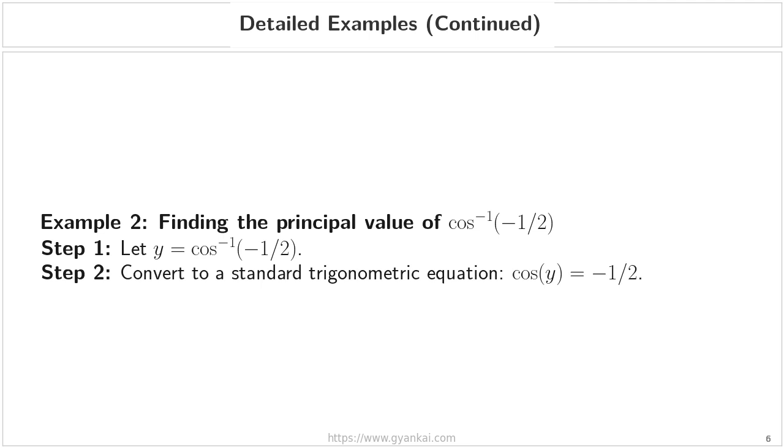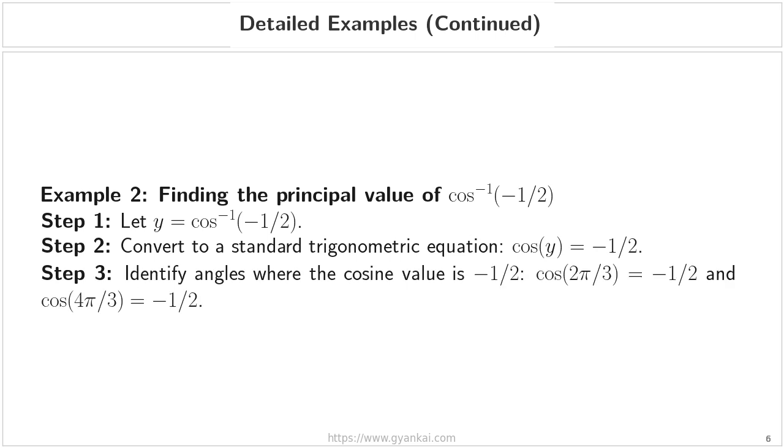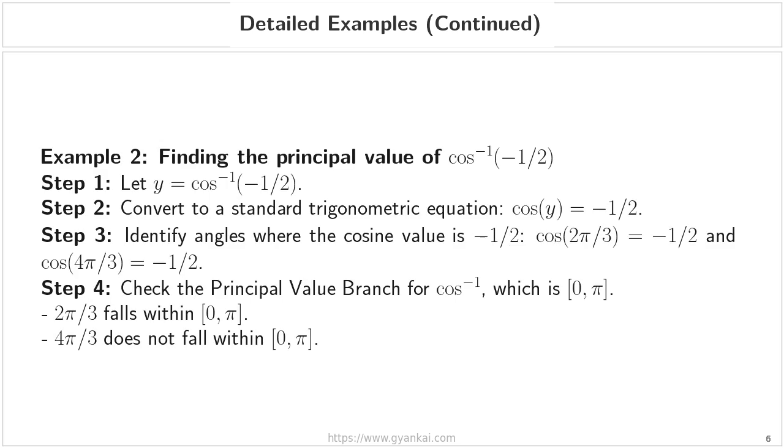In step 2, we perform the conversion. We rewrite this as a standard trigonometric equation by moving the inverse function to the other side, which gives us the cosine of y equals negative 1/2. For step 3, we need to identify potential angles from the unit circle that satisfy this equation. We can see that both 2 pi over 3 and 4 pi over 3 have a cosine value of negative 1/2. Now we reach step 4, which is the most critical part of the process, selecting the angle based on